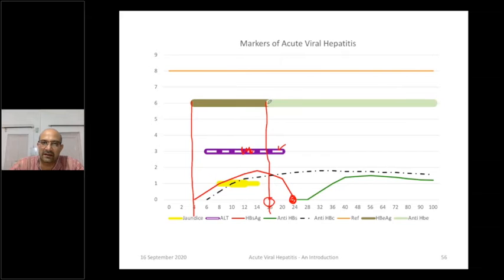And after hepatitis B surface antigen has disappeared and after HBe antigen has disappeared, we see the appearance of anti-HBe antibodies. So this light pale green color is detecting the antibodies against the hepatitis B E antigen. And this period determines that there is low infectivity and there is low viral replication.